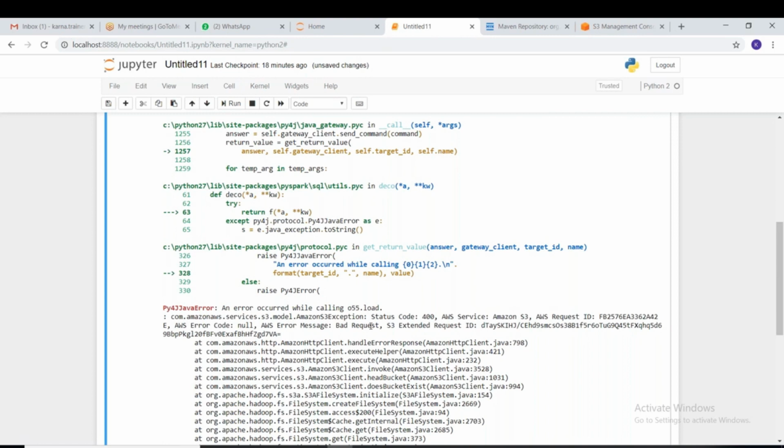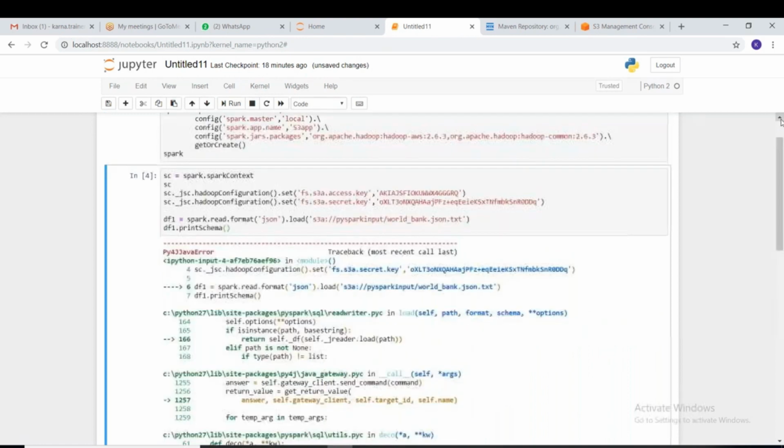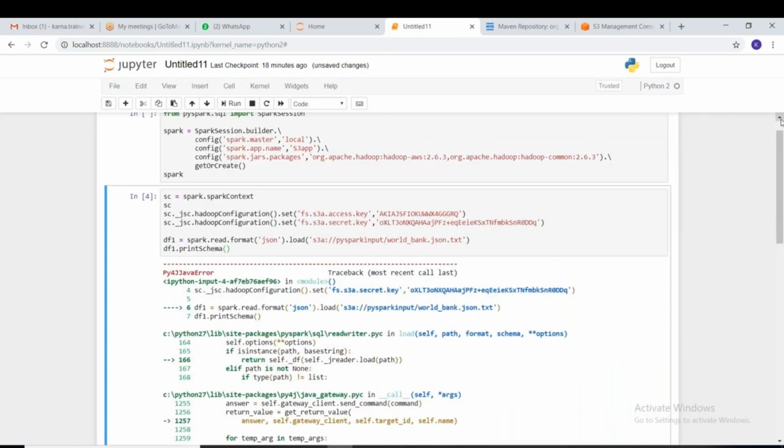This is what I was actually expecting not to get, but it is an issue we face when there is a problem connecting, maybe a version problem, or an issue with the file, or version compatibility.